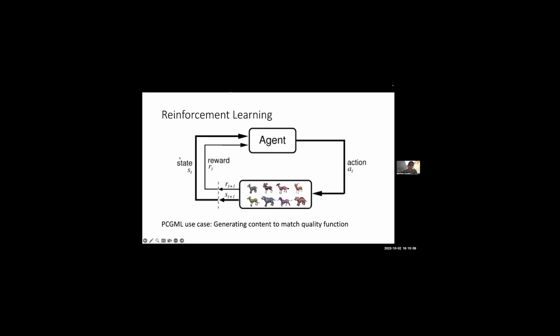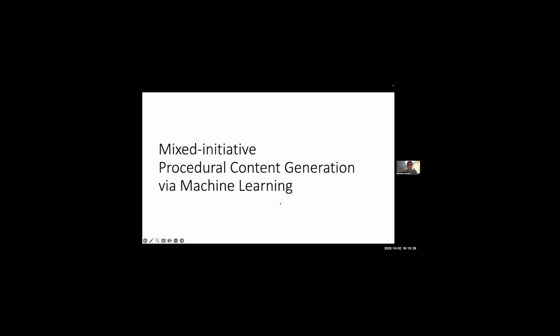And then we're getting back the state, which is the new setup of what the content looks like, and the reward of how good the content is, right? So we can basically use this to generate whatever. There was some recent work out of Clark Verberg's lab that was presented at COG on using this to generate roller coasters in Roller Coaster Tycoon. So you can use PCGRL for whatever, right?